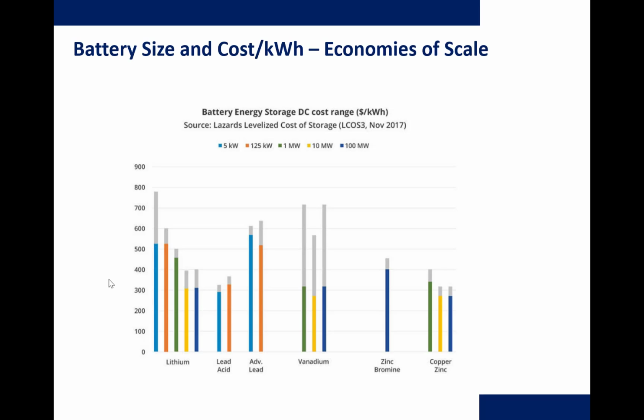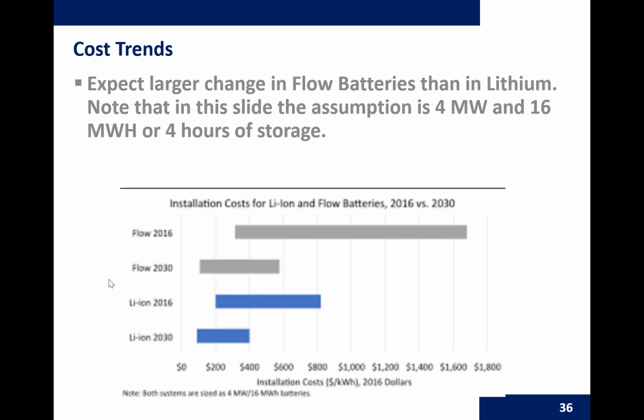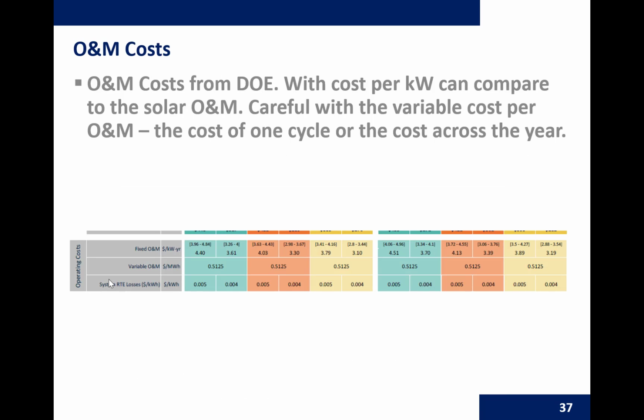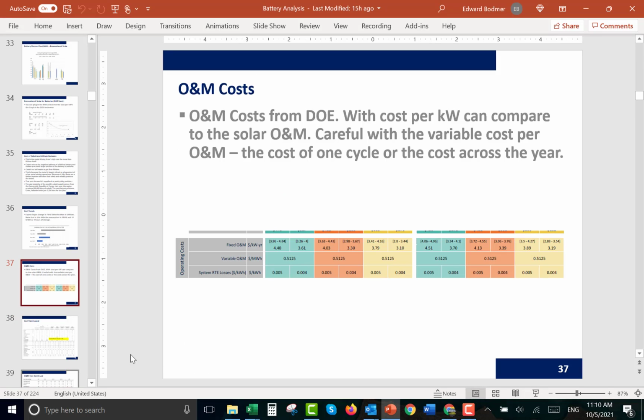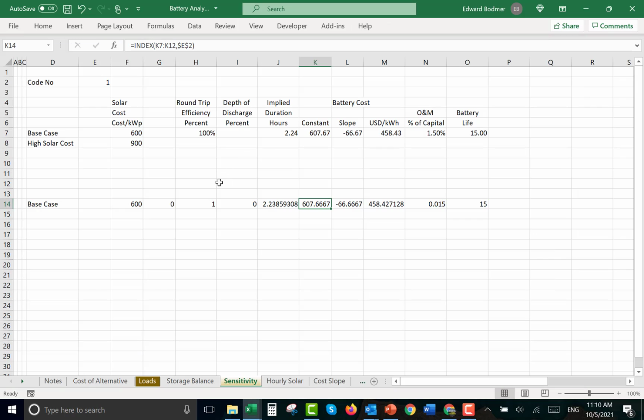Why there would be so many economies of scale is kind of a curious thing. And this is another thing that suggests there are economies of scale. So if we would do our real analysis, we would reflect both the economies of scale and the fixed and